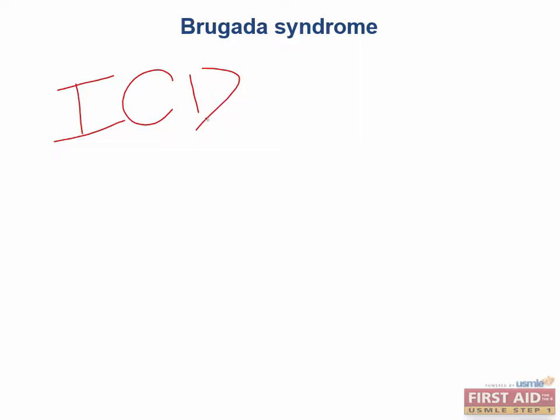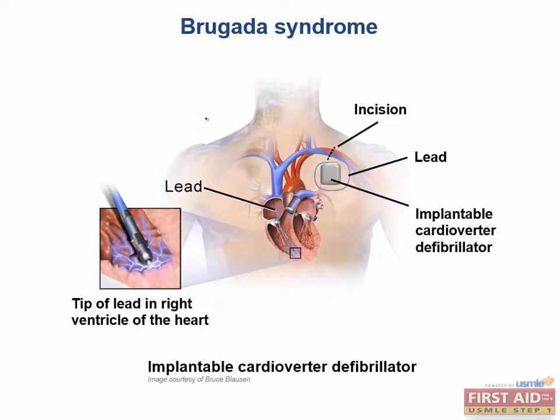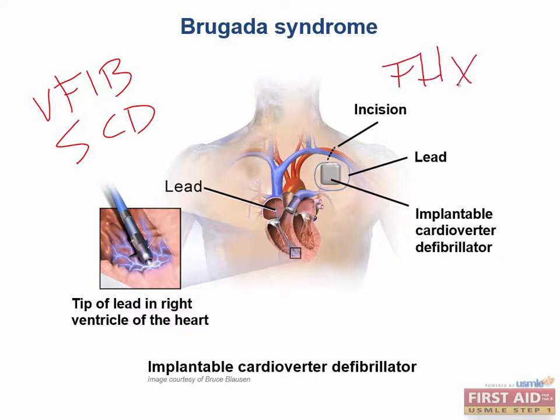What is an ICD? It is an implantable cardioverter defibrillator. In these patients, because these arrhythmias can lead to VFib, we need to make sure that we stick these in here and prevent sudden cardiac death from VFib. You won't have to read an EKG on this complex syndrome, but be prepared to have EKG findings described to you in combination with a vignette that says an Asian patient with a positive family history of ventricular fibrillation or